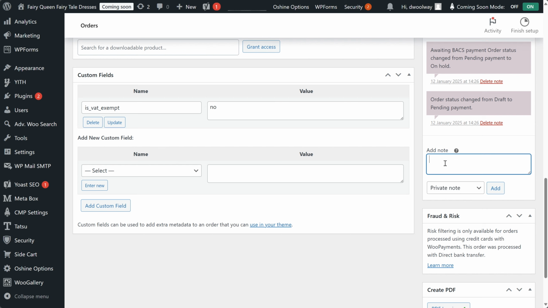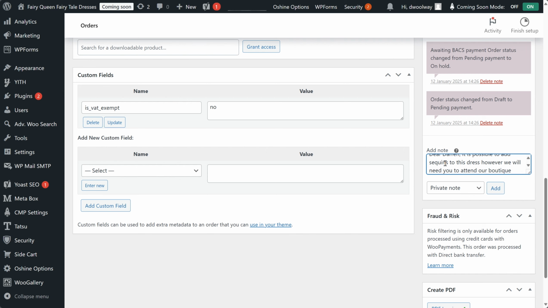You could then say, dear Darren, it is possible to add sequins to this dress. However, we will need you to attend our